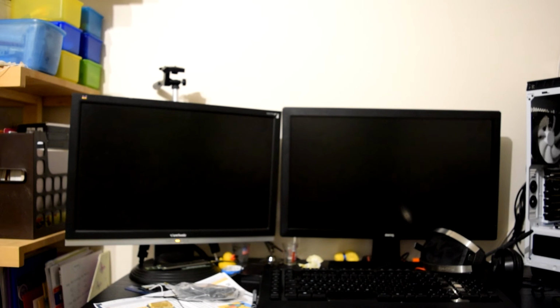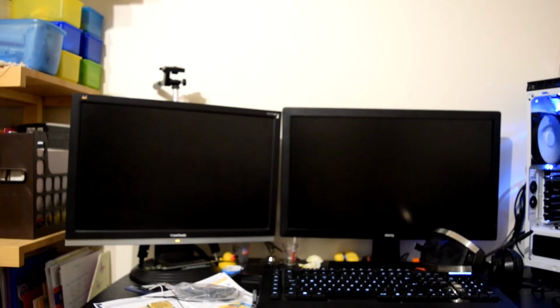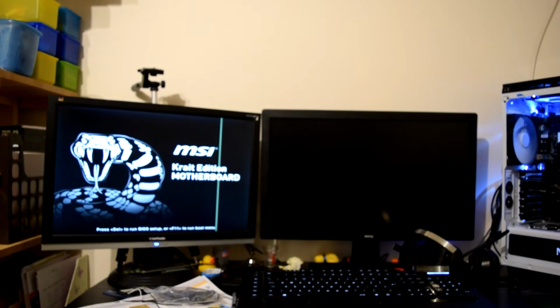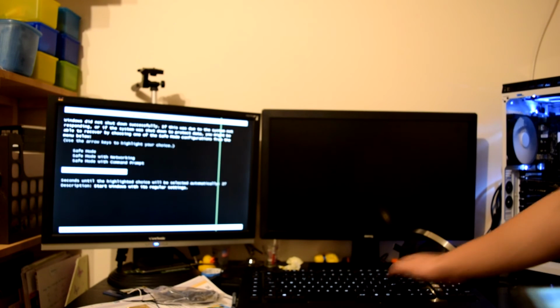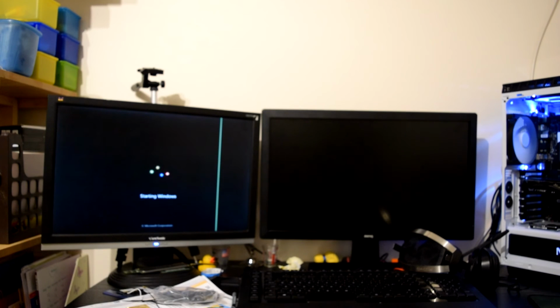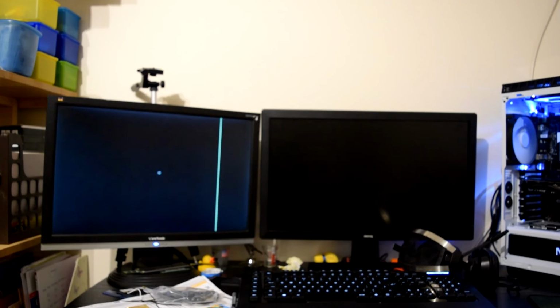So here's first boot. After I've just cable managed for half an hour, ages, spending it, making it look good. Tidy, so it's turning on. Oh, this is a positive sign. Yes, that's a good sign. Well, I'll just do that. Turning on. Though, I don't know why it's on that side still. I wonder if it's detected this one. I hope it has, because that